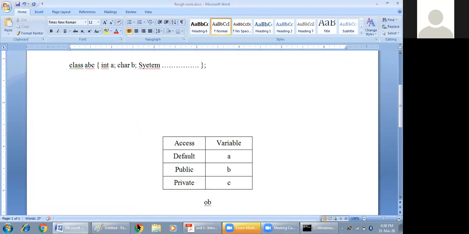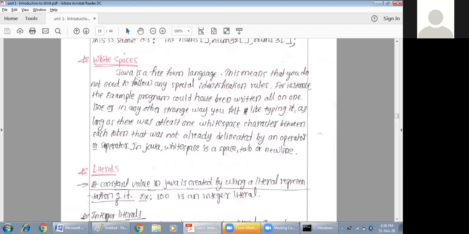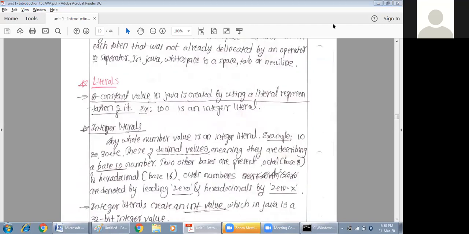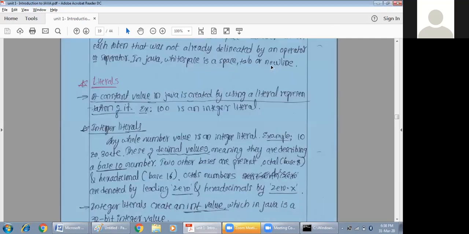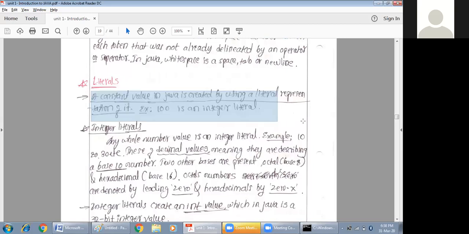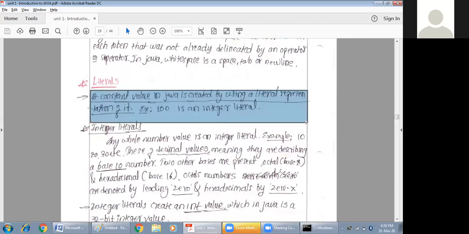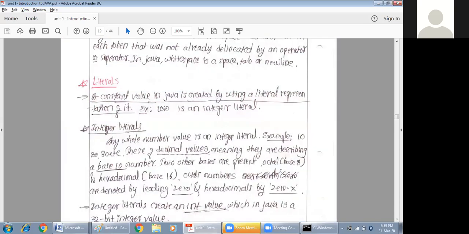Good. So the next part is literals. Literals is a very easy concept. A constant value in Java is represented by using its literal representation. If you are talking about an integer literal, I am talking about a whole number.